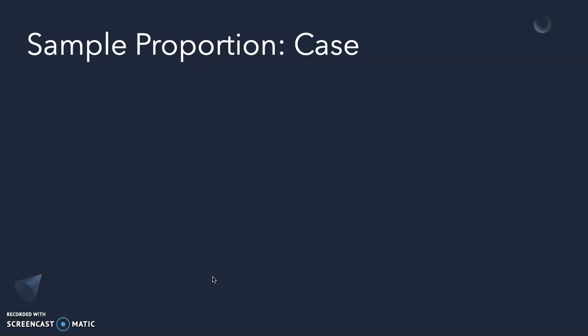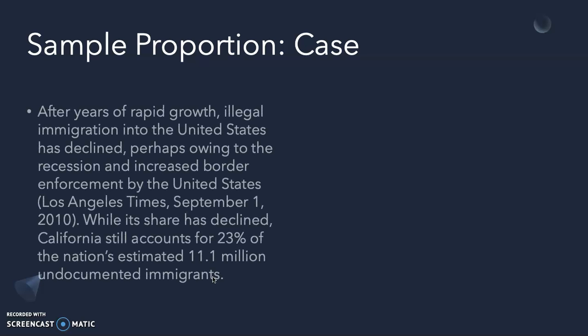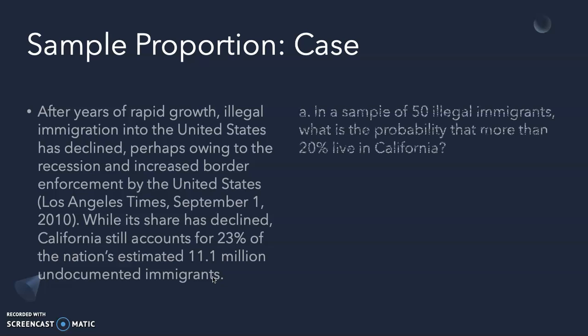To understand further the application of the sampling distribution of sample proportion, let us use the following case. You can pause your video to read the case on your own. And based on the case, we will answer the first question: with a sample of 50 illegal immigrants, what